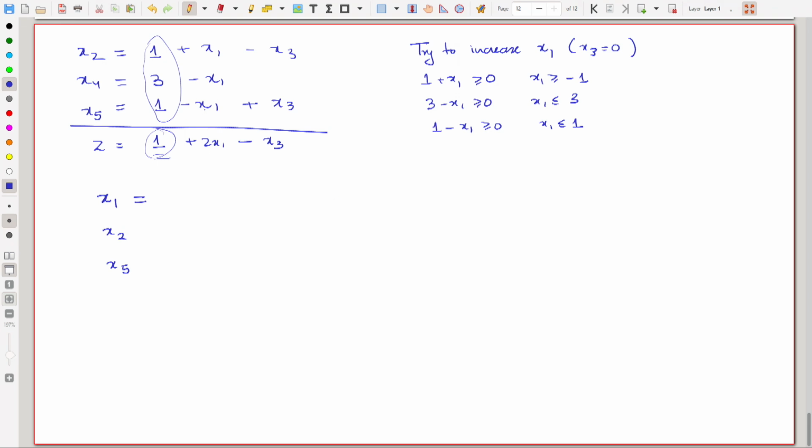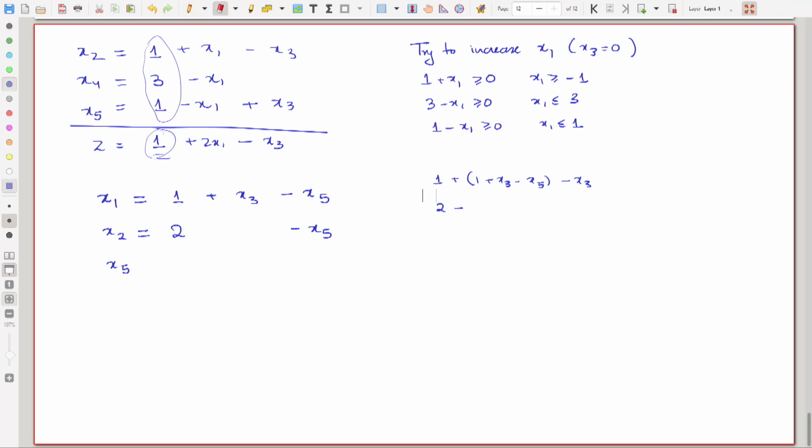So, x1 is equal to 1 plus x3 minus x5, right, and x2 is equal to, now what do I have to do? This x1 I have to replace by 1 plus x3 minus x5. So, I will write it as 1 plus x3 minus x5 minus x3. So, this becomes 2 plus x3 minus x3 cancel. So, 2 minus x5, 2 minus x5 and